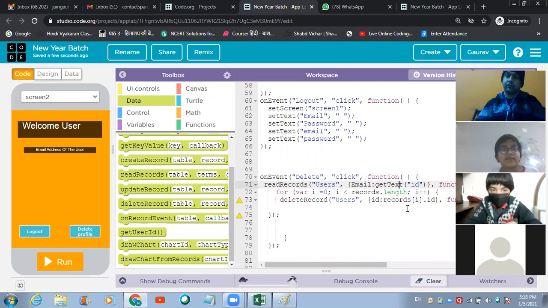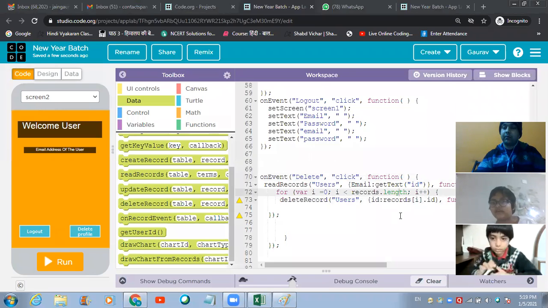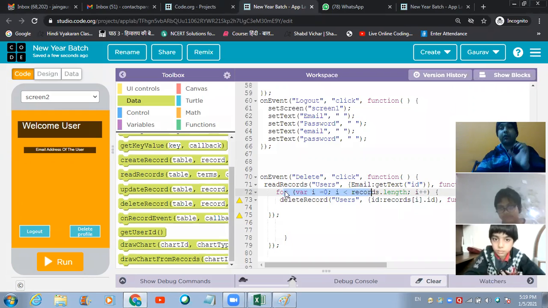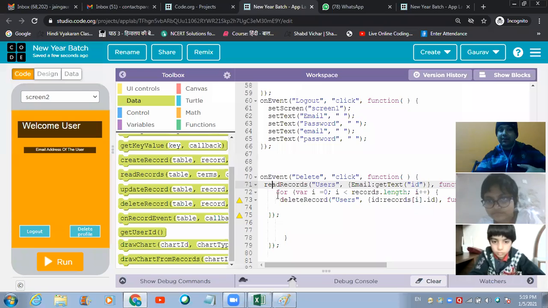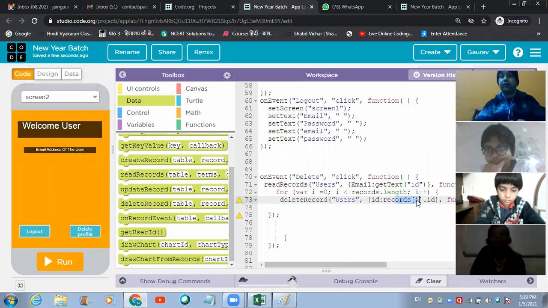So why this records I, sir? Why haven't we placed anything other than I? Because, dear, there is a for loop in this read records block, and if you want to fetch something from a particular table and you are defining that code inside this read records block after this for loop, then you have to make use of this records I in order to fetch the information